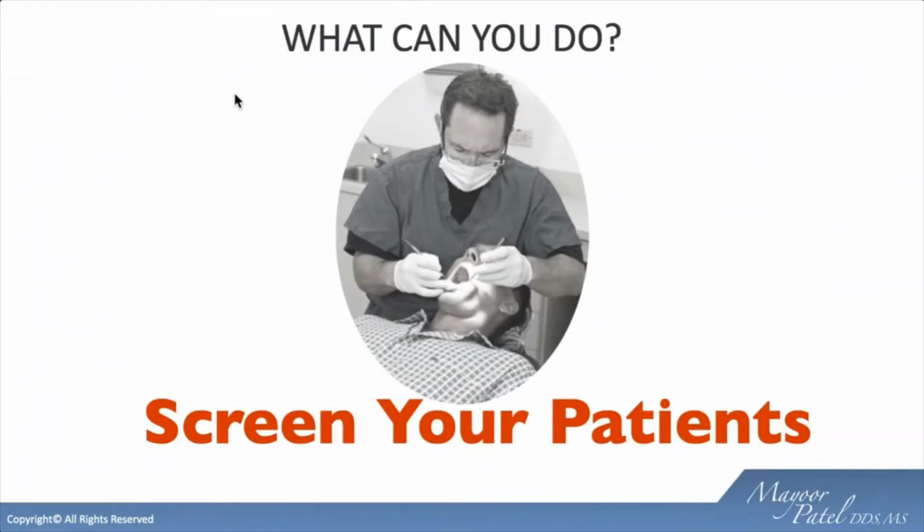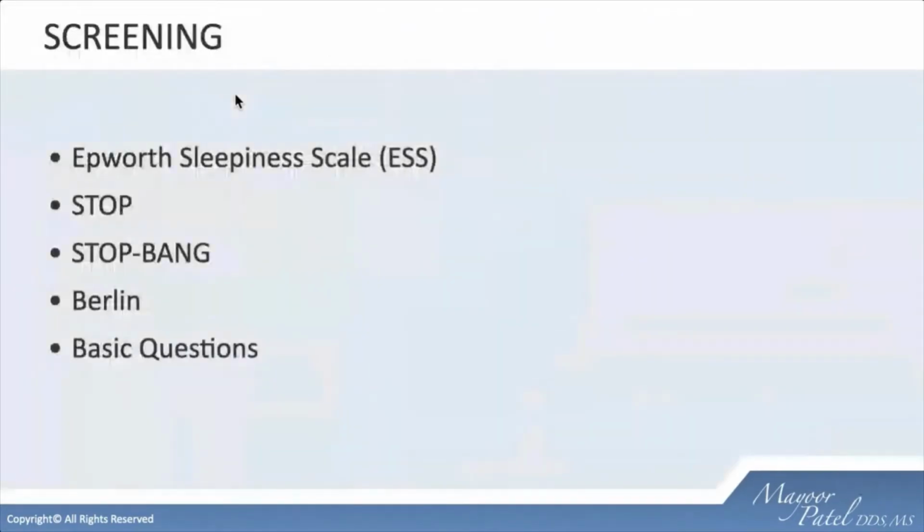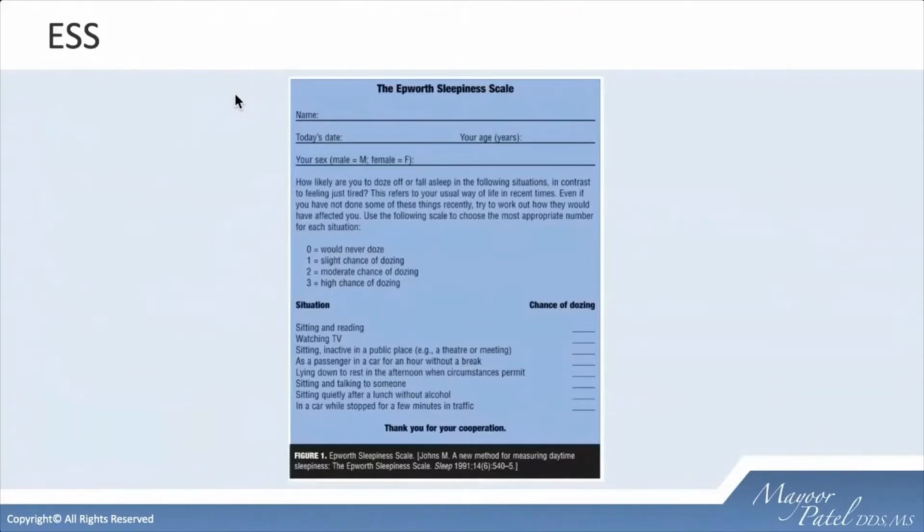So another question is, how do we go about screening? There are a couple of things that can be done. Besides your intraoral exam, maybe some questionnaires just to get the rapport going. So we'll start with the Epworth Sleepiness Scale. As you may be aware, the Epworth Sleepiness Scale only seeks out fatigue. It has no other value. It cannot quantify that the person actually has apnea, because we know that one of the symptoms associated with apnea is fatigue, but it's only reported 4% of the time in men and 2% of the time in females. Hence, if we went with a high Epworth Sleepiness Scale score to find all our patients, we'd probably find them, but those that score less than a specific number on the Epworth Sleepiness Scale may get missed, yet have the condition.